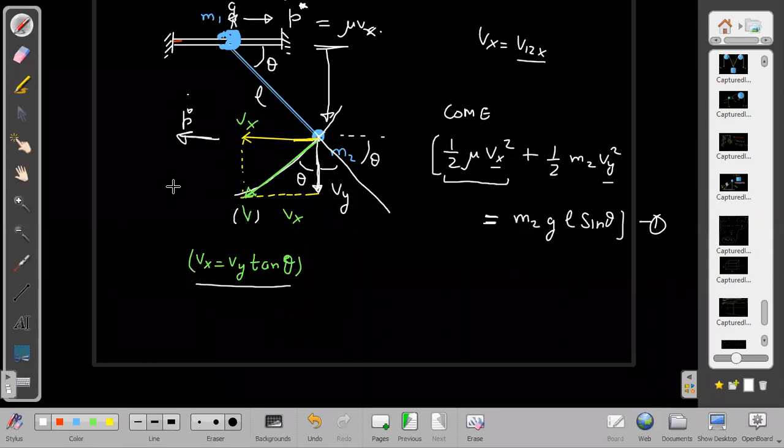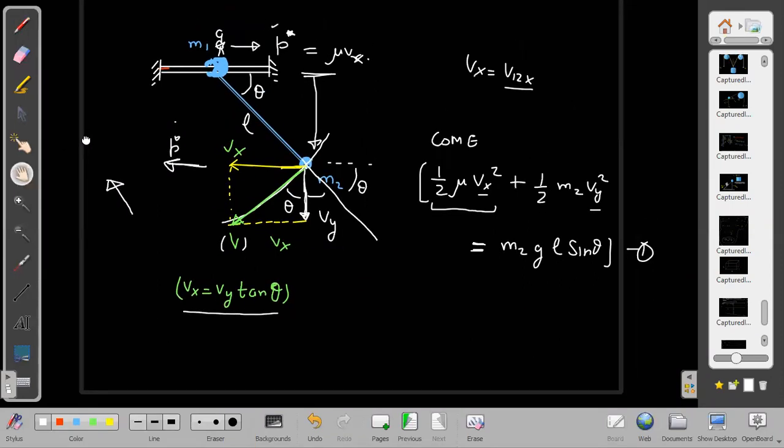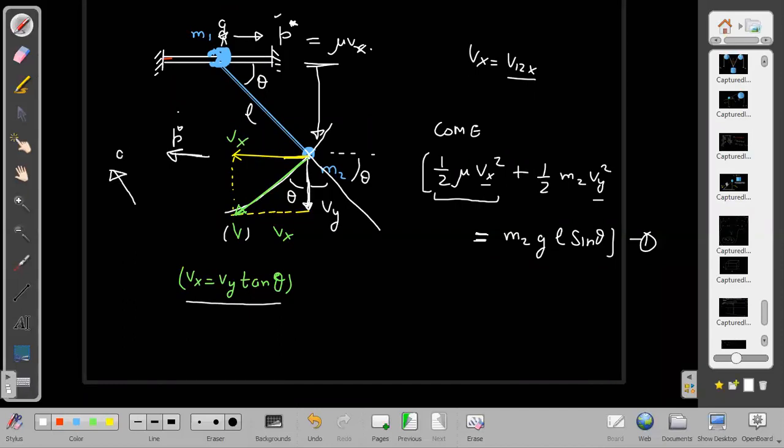Vx, relative only. Now I will try to find out what happens in the frame of this person who is standing on this. In his frame, there is a centripetal acceleration acting on this, and there is a tangential acceleration acting on this. Tangential acceleration is parallel to this green vector here. Centripetal is parallel to this blue string, towards the center. And the value of centripetal acceleration in his frame is just V total square divided by L.